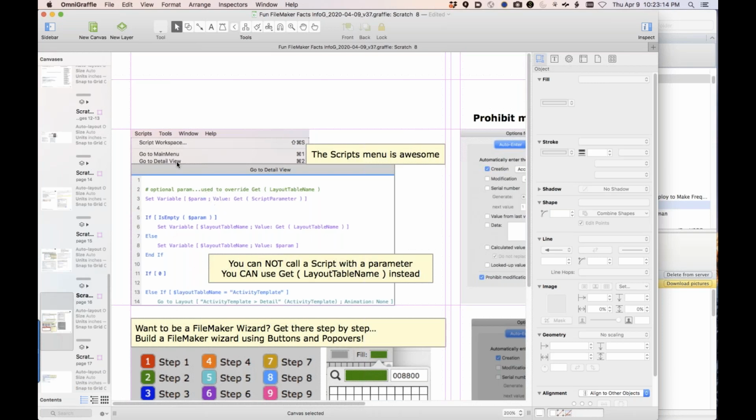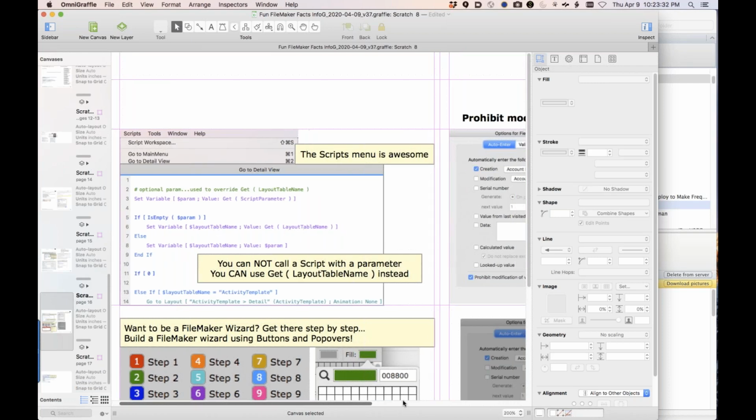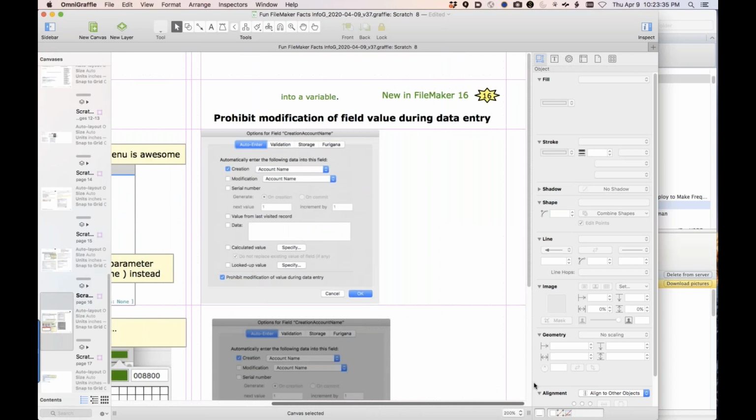And this works because it's a keyboard shortcut, so I can't give it a parameter, and I don't need one. I just grab the table name, and if my conventions are good, it works. So that's a potential one. Shout out to the scripts menu. Nice little use of the get layout table name together with a nice anchor buoy, which is what we use